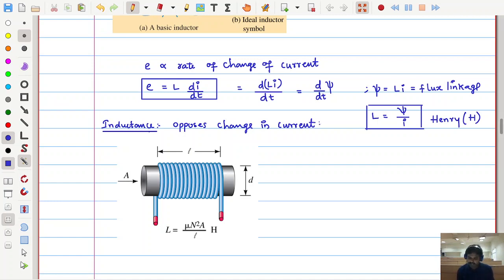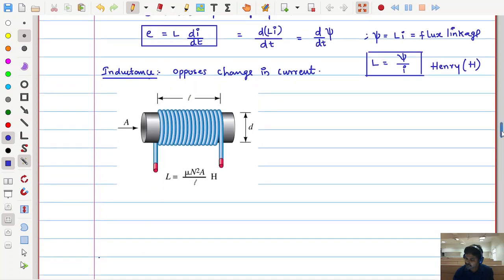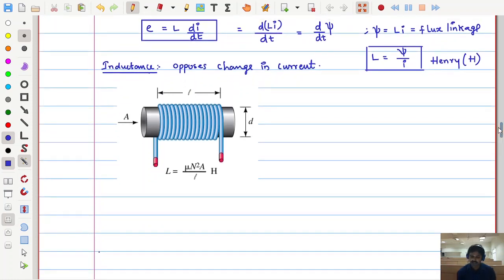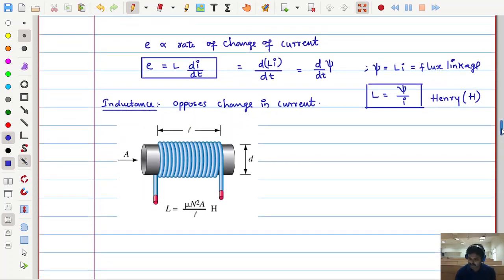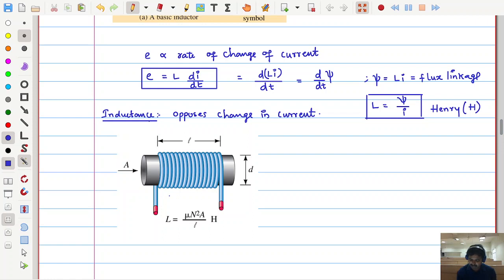So now let us take the inductance value. For a particular dimension, as I told you, take a piece of wire and make some spring-like shape. With these dimensions, see here. What we call hereafter a core is some material or some iron piece or some pen. What will be its cross section area?